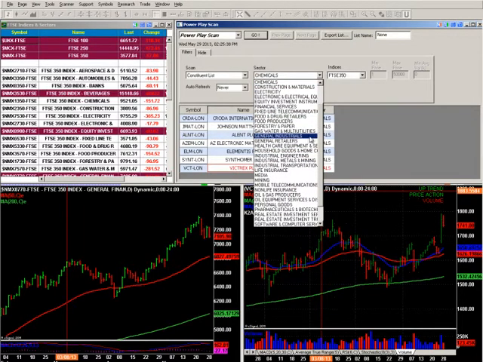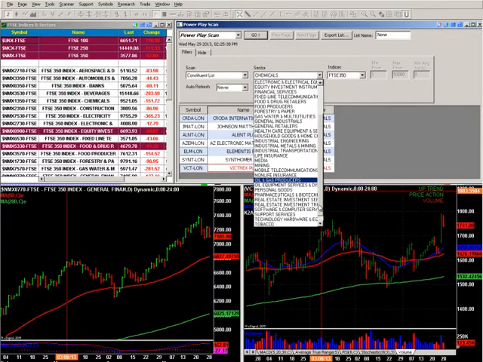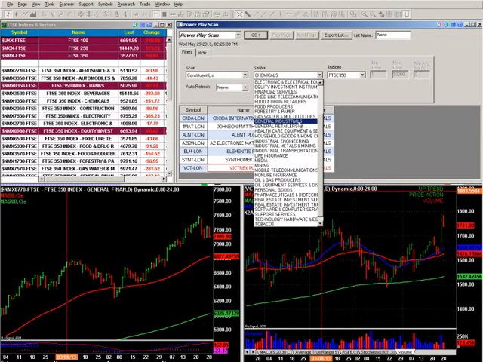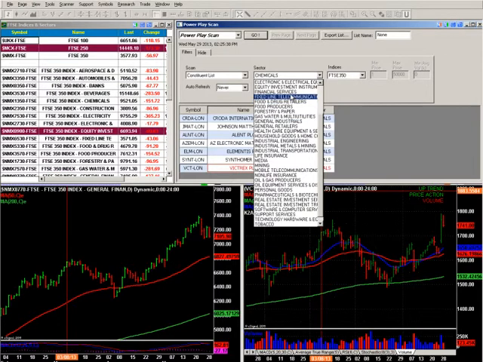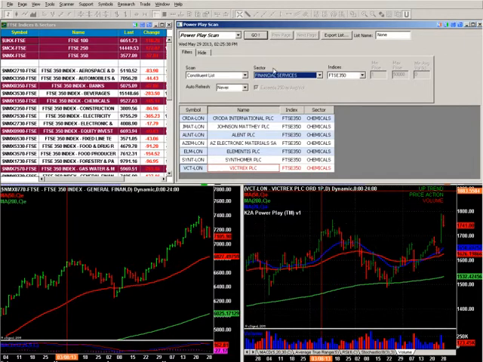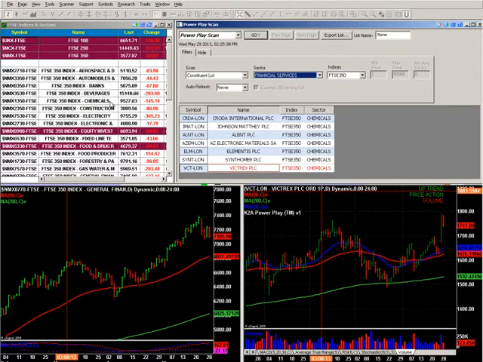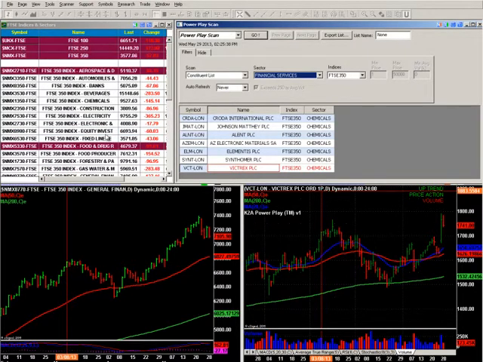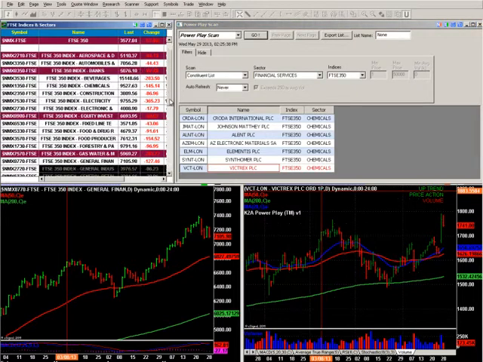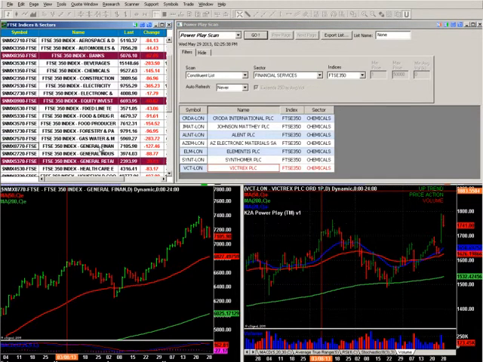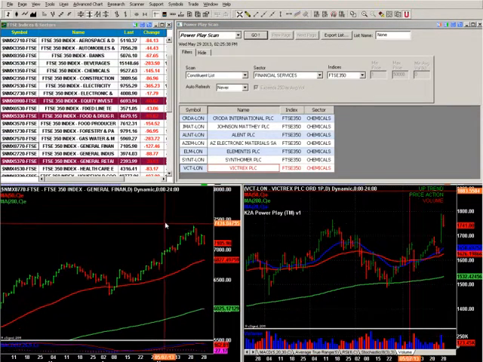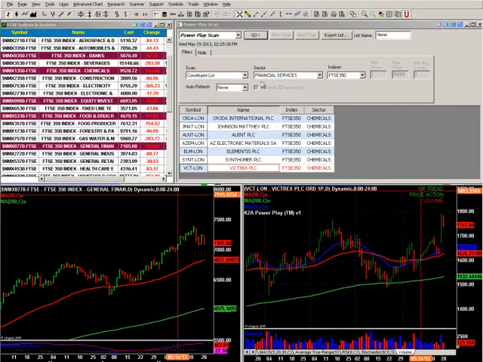See the financial services. There it is. Oh, by the way, here it says financial services, but then when you go and find the sector on this list, it will say general financial services. Okay, which is that one there. So it's a bit tricky. You have to make sure you remember that.